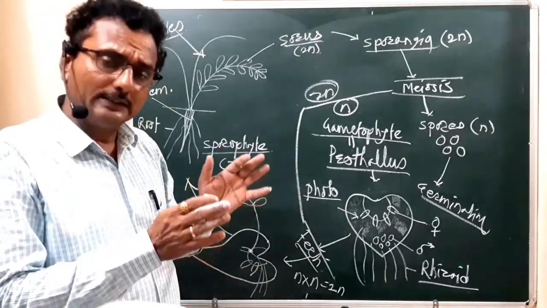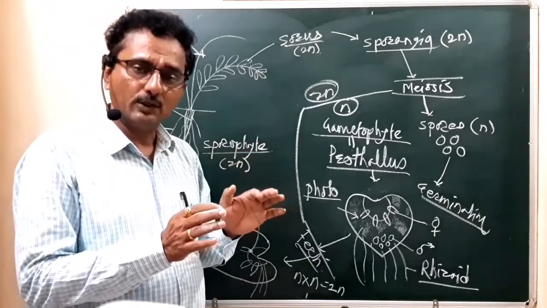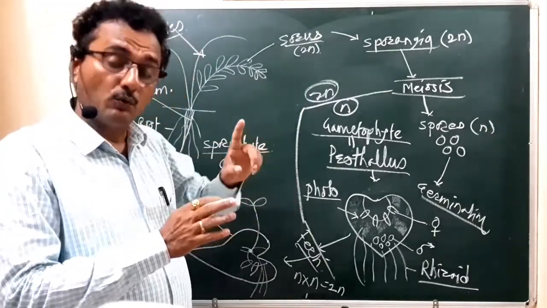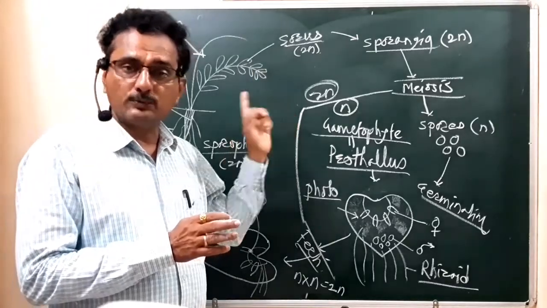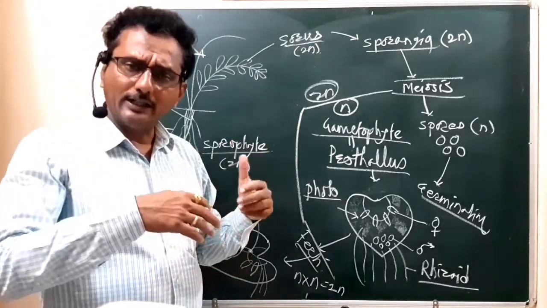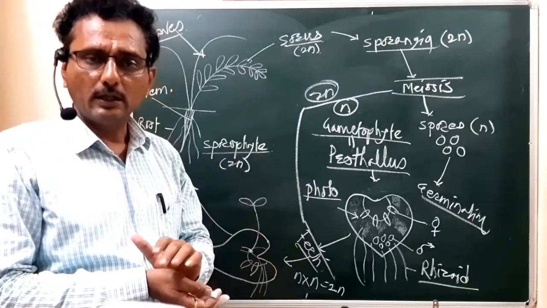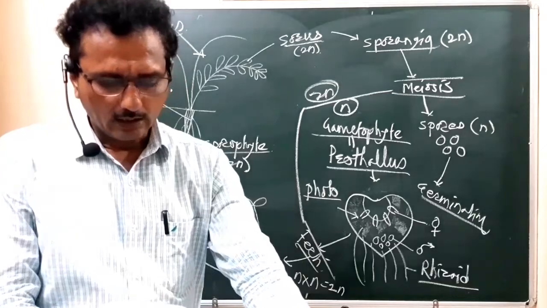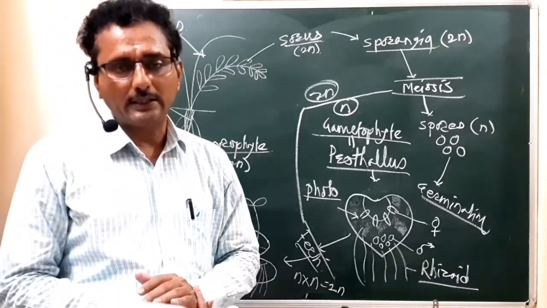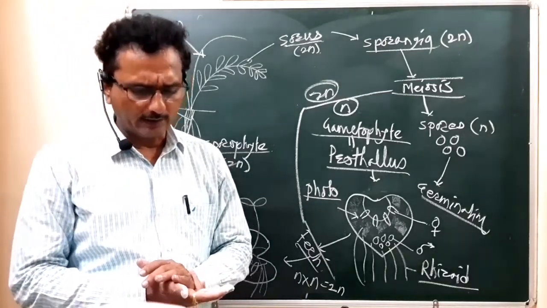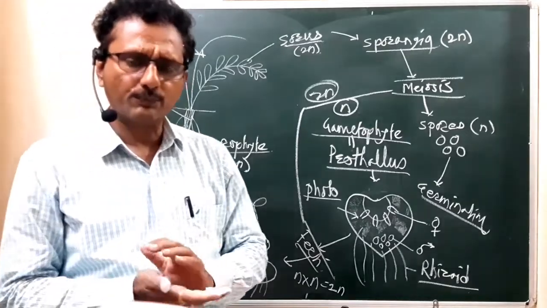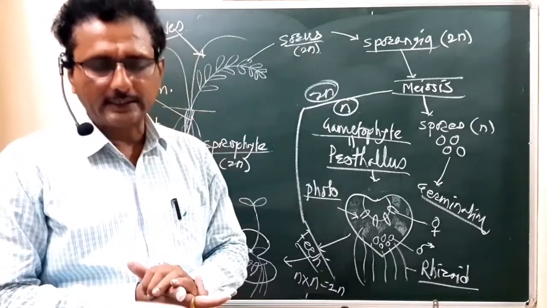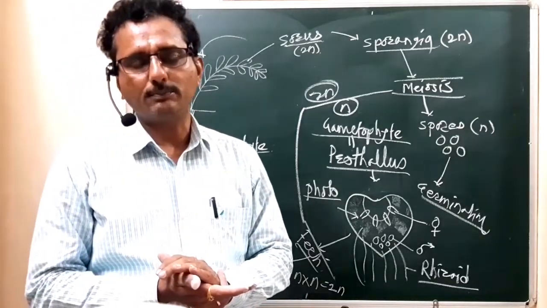So student, this is the basic information. You have to know such a type of basic information with respect to the plant group Pteridophyta. The other informatives are given in your textbook. I just want to read those informatives. What are the leaves seen in case of the Pteridophyta? The smallest leaves are seen in case of the Pteridophyta, and they are seen in the plant